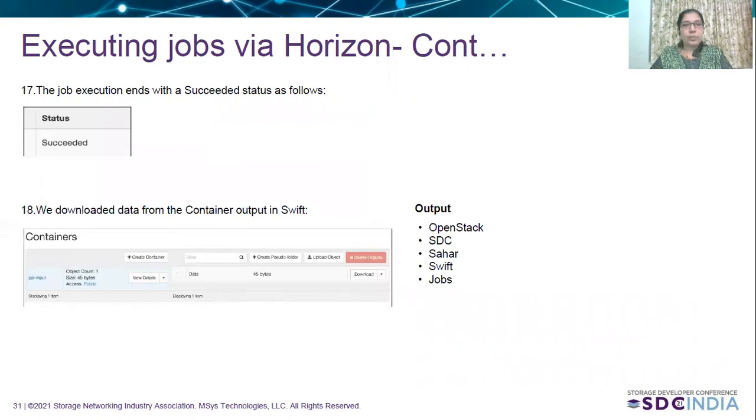Once the job gets executed, we will get a status of succeeded, and we can download the output data from the container file where we specified it initially. The output will show that all the extra spaces have been removed. This is the way we can use Sahara to process our big data. By this, I conclude that even with open source technologies like Sahara, we are able to achieve more in big data. Thank you.